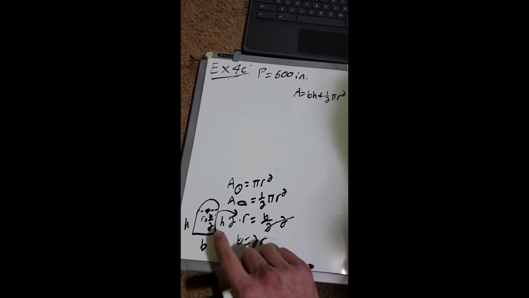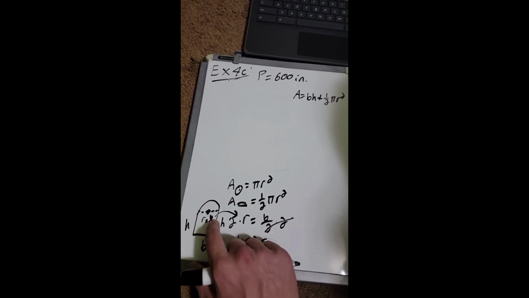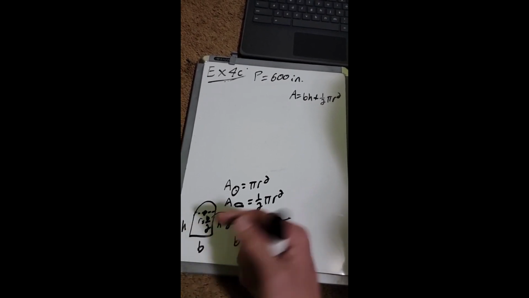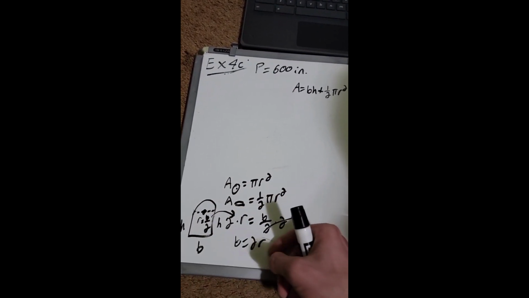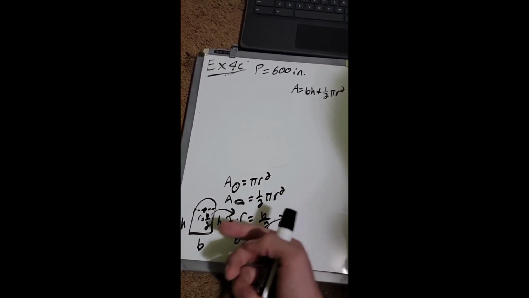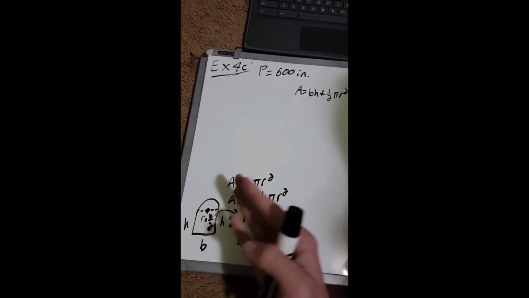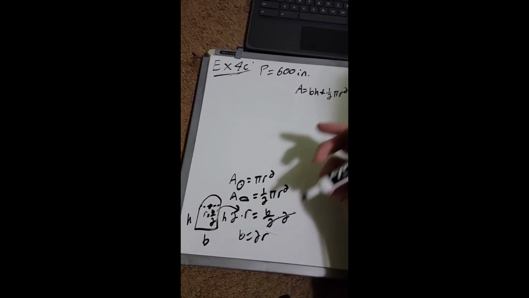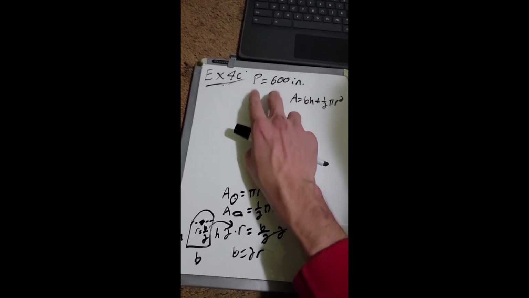We'd like to get h in terms of b or r. If we get it in terms of b, we could just substitute this in there to get everything in terms of r. So it doesn't really matter which one we're going with. I'm just choosing to put everything in terms of r. So I will be finding either this one and having to convert it into r, or finding r directly and just plugging it straight in. So we have this perimeter,